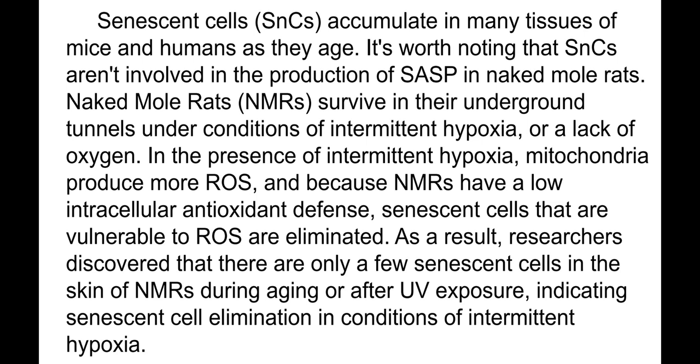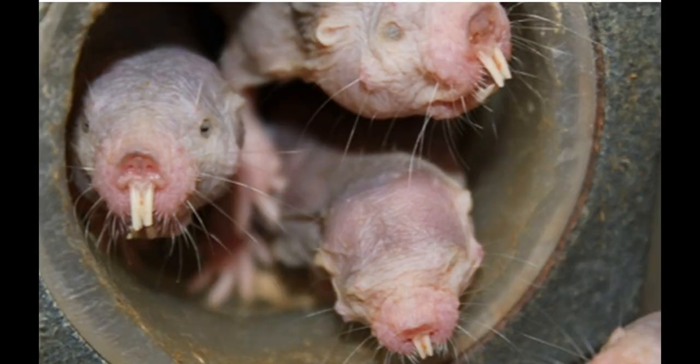They go to apoptosis. So again, intermittent hypoxia in principle can reduce the number of hyperactive cancer and senescent cells. As a result, researchers discovered that there are only a few senescent cells in the skin of these naked mole rats during aging or after ultraviolet exposure, indicating senescent cell elimination in conditions of intermittent hypoxia. This can be a method to reduce the number of senescent cells, yet